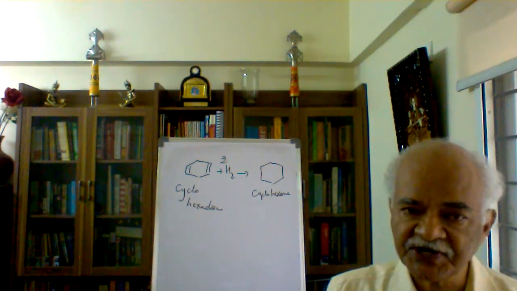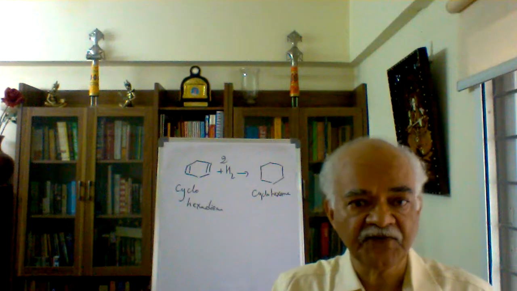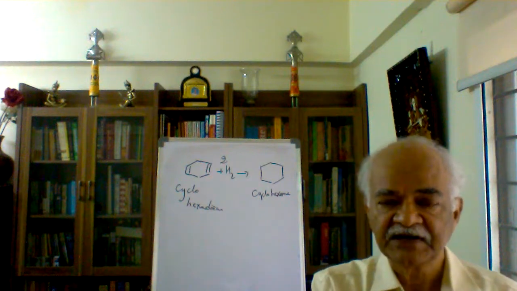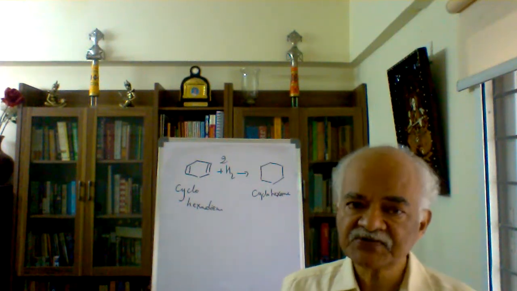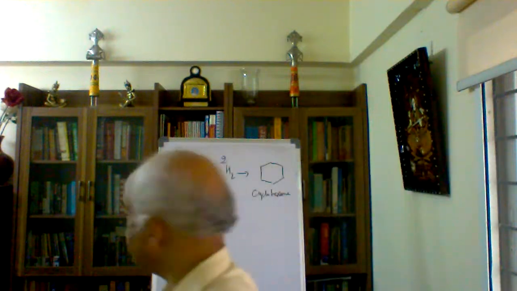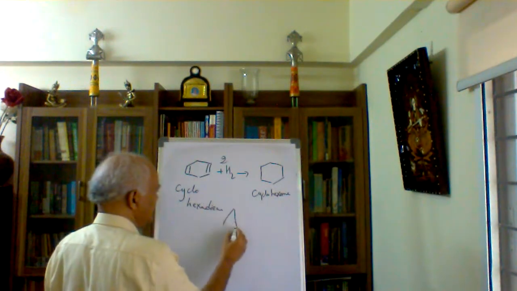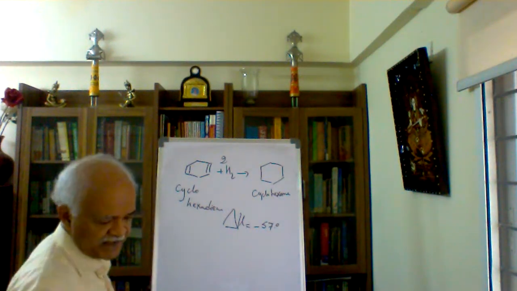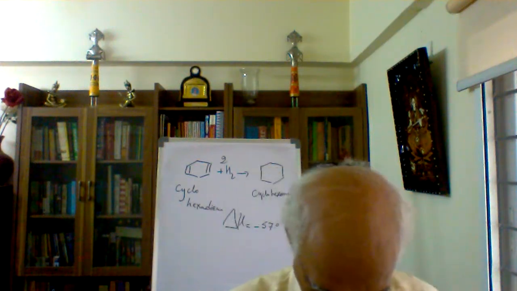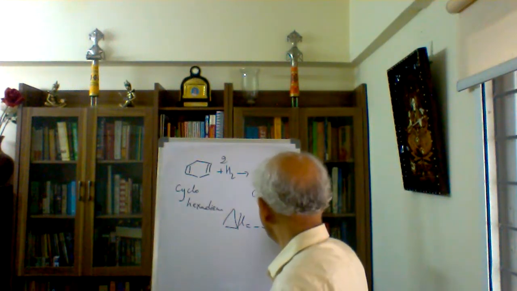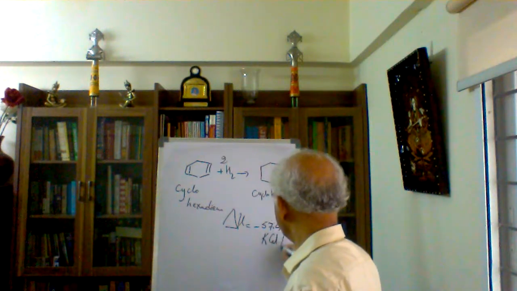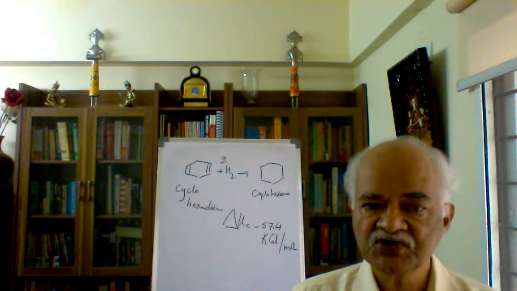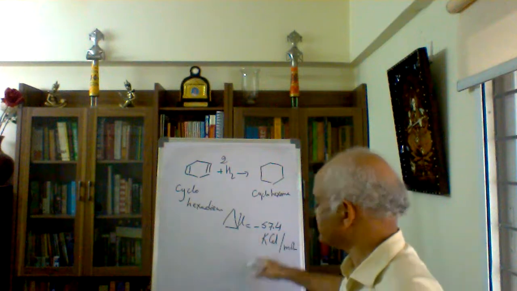And it is not a surprising element. The enthalpy of hydrogenation now should be double the value that we got earlier. And within the experimental error, we get the value which confirms what we are talking about in terms of Hess's law, which is getting confirmed experimentally. So the enthalpy of hydrogenation, delta H, will be twice of it. That is minus 57.8. That value is minus 57.4 kilocalories per mole. This is nearly double the value that we got for cyclohexene. So for cyclohexadiene, we get the value of minus 57.4.